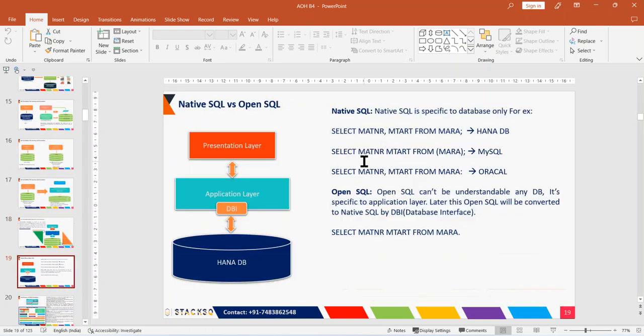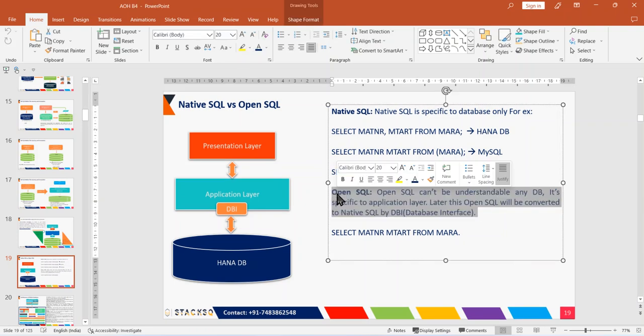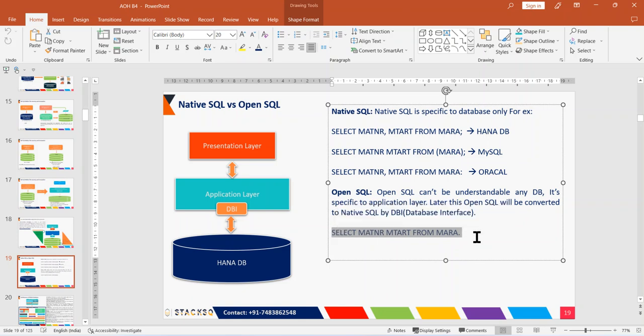Like I told, most of you cannot understand Kannada, some of you cannot understand Telugu, and some of you cannot understand English. But we all communicate with each other in English because everybody can understand it. So that is like OpenSQL. We write in one language like this, but behind the scenes the database interface, the DBI, will convert it to the